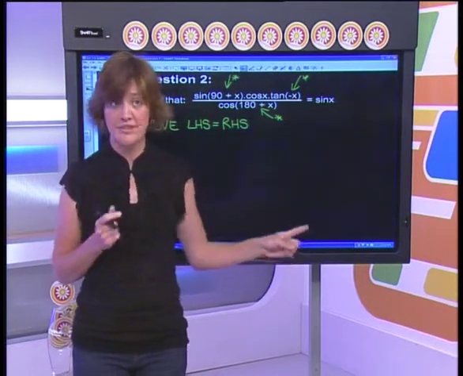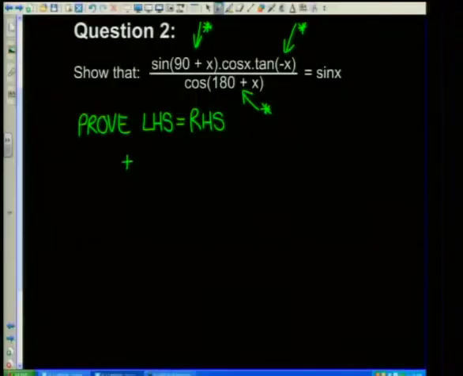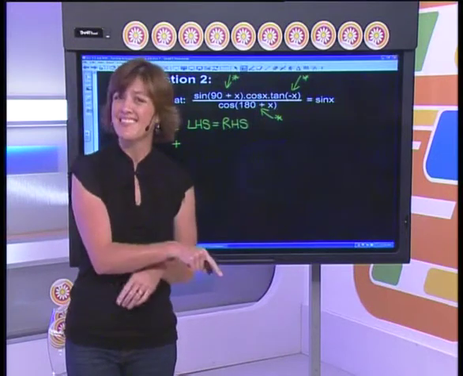Okay, now here's something you've got to watch out for. In quadrant 2, sine is positive. Okay, so we know sine is positive in quadrant 2, but here's the tricky thing. Because of the 90, sine changes to cos. Now this is where I know learners have a problem, because suddenly everybody says, hang on, in quadrant 2, cos is negative. So now, is it positive or is it negative?